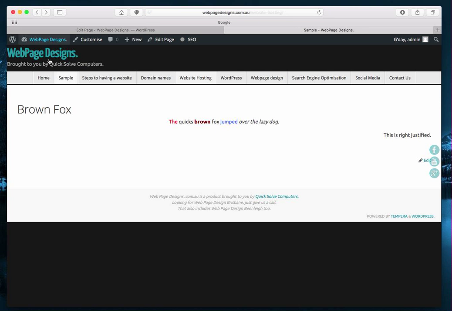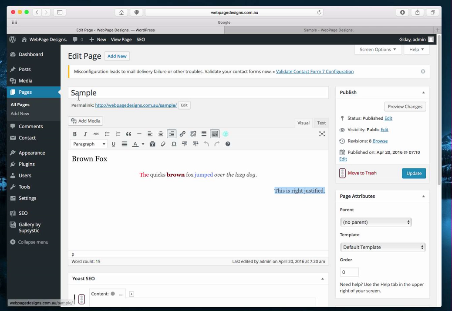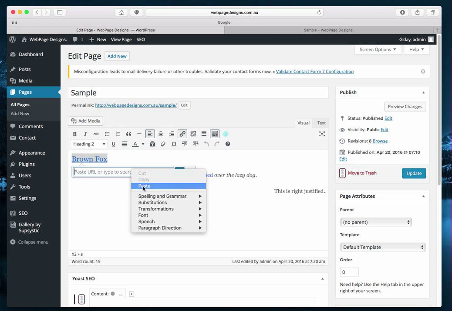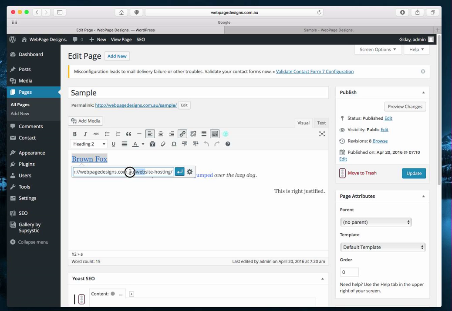And we'll come back to the sample page again. So on the screen where you're editing, and that's back here where it says Pages, All Pages, we're editing the page. We simply highlight the text. There's a little chain there. It says Insert Link. So we literally click on that link, type in the address, and obviously in this case I've simply copied it from the other screen. An example is it would say